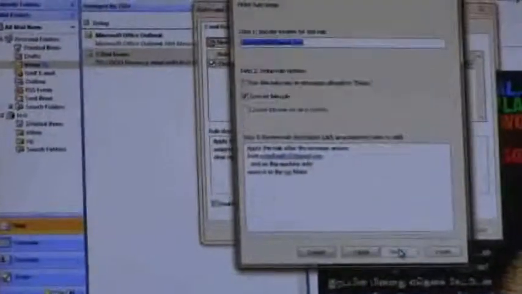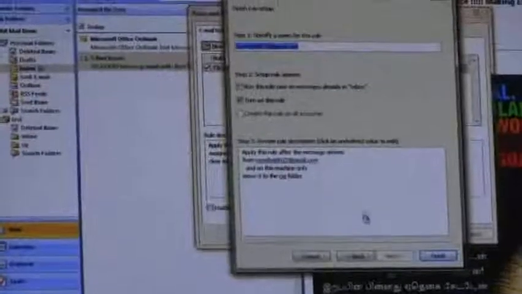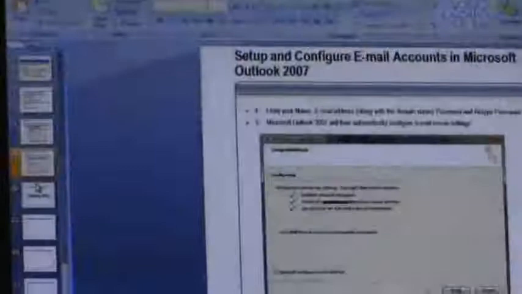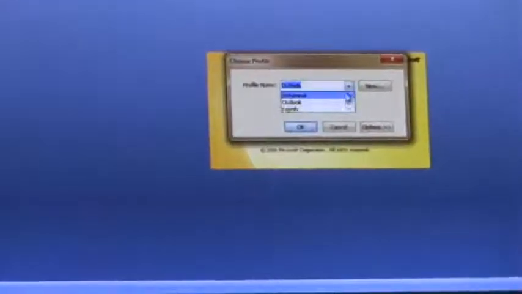Next. Now I am sending mail from my mail ID to the common mail ID.